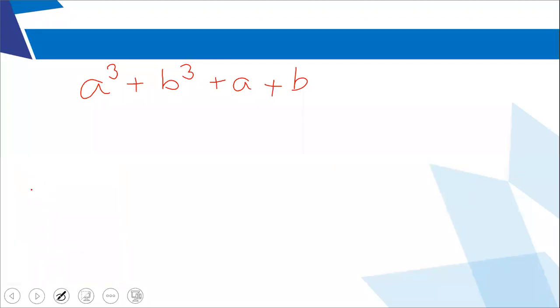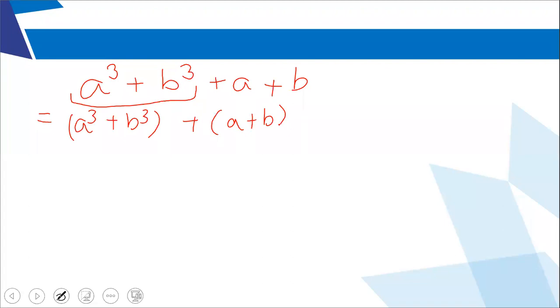Okay. So what I will do, I will put an equal to sign, and only this part I'm going to apply the identity. Whichever part I'm going to apply the identity to, I will just put it inside a bracket so there is no confusion, and I will put the other two terms inside a second bracket. Now this part is straight and simple. x cube plus y cube, or a cube plus b cube, is a plus b in the first bracket, and it is a square minus ab plus b square.